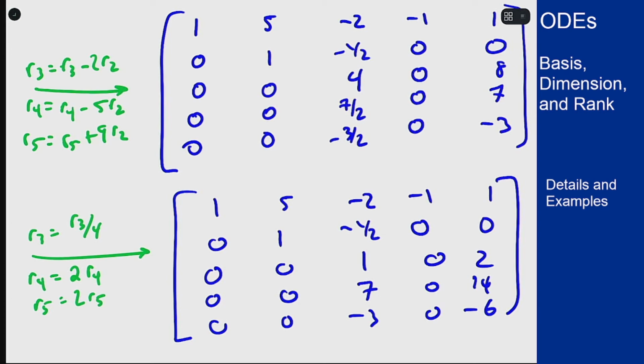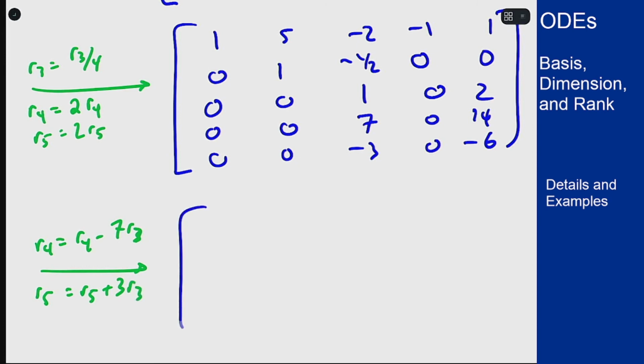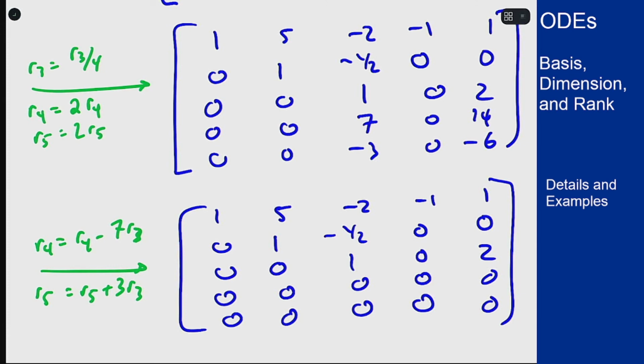When I do my next step of doing row 4 is row 4 minus 7 row 3, and row 5 is row 5 plus 3 row 3, because I want to get rid of this 7, this minus 3, these are also going to go away with them. So the next step to cancel that out, row 4 is row 4 minus 7 row 3, and row 5 is row 5 plus 3 row 3, is going to give me the following, which is now in row echelon form. So I can now count 1, 2, 3 pivot 1s,